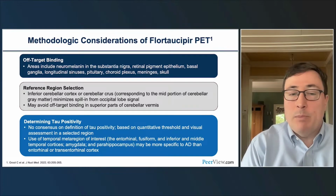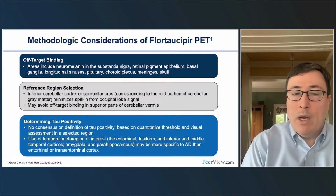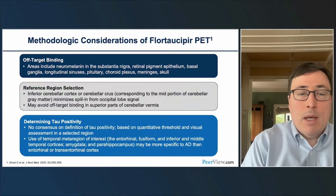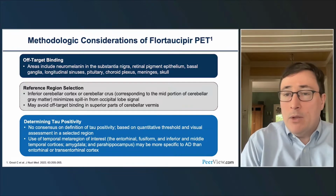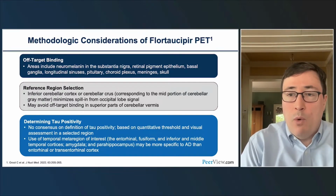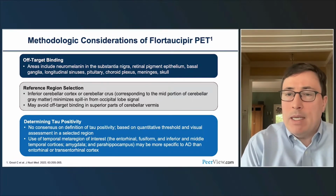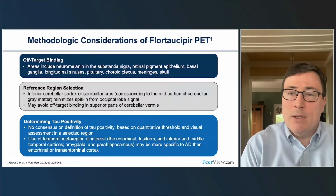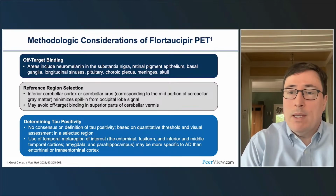This minimizes spill-in from the occipital lobe if it's positive, and it can avoid off-target binding in superior parts of the cerebellar vermis. In terms of quantifying tau positivity, there's really not a clinical definition that's agreed upon. Many research studies use quantitative measures for tau, but it's not as advanced as amyloid. And so right now, we can't really recommend quantitative assessment beyond what I showed you for using the cerebellar reference